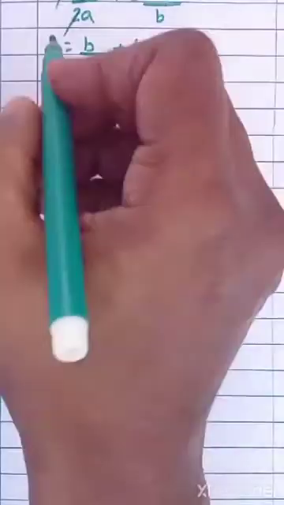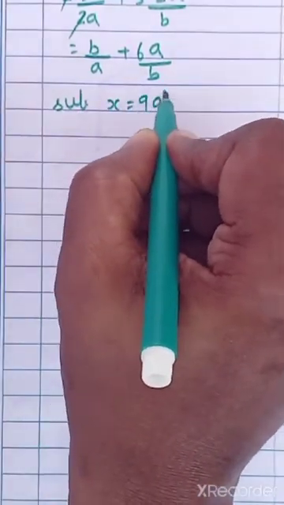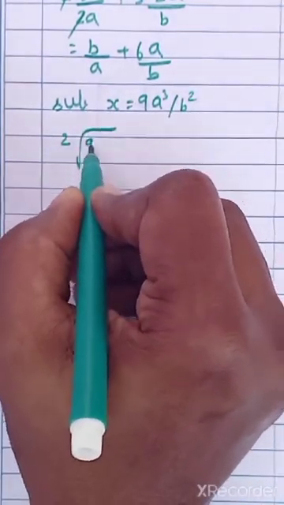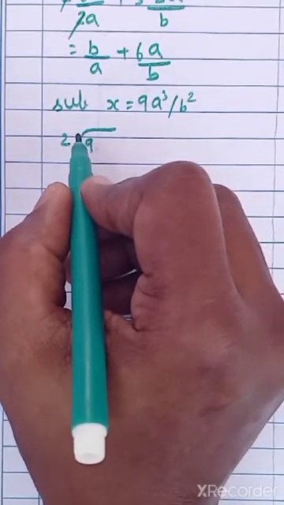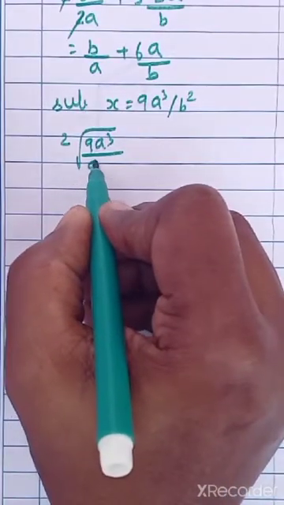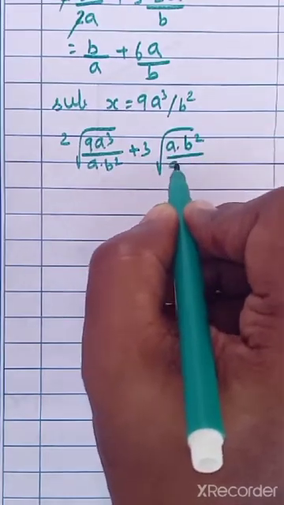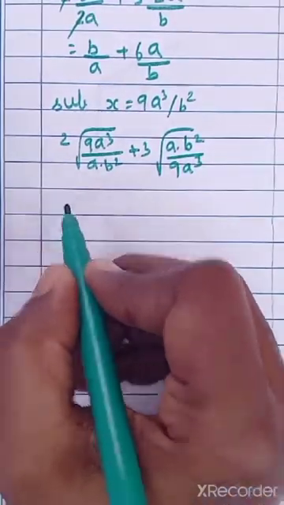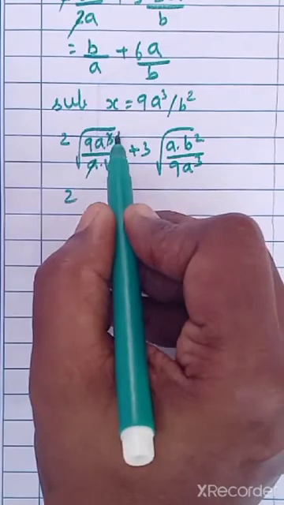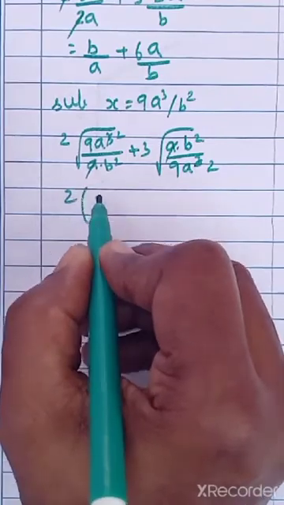So next value substitute பண்ணினா, substitute x equal to 9a cube by b square. இதையும் substitute பண்ணி பார்க்கலாம். So questionல substitute பண்ணோம்னா 2 square root of 9a cube by b square a into b square plus 3 square root of a into b square by 9a cube. Okay, so இதெல்லாம் நீங்கள் கேன்சல் பண்ணிங்கன்னா you will get 2. இதுவும் கேன்சல் ஆச்சுன்னா ஸ்கொயர், இதுவும் கேன்சல் ஆச்சுன்னா ஸ்கொயர். So what you will get 2 into